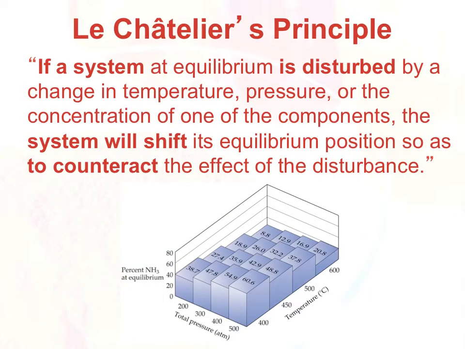So Le Chatelier's principle states that if a system that's at equilibrium is disturbed or altered by a change in temperature, pressure, or concentration of one of the components in the reactants or products, the system is going to shift its equilibrium position so that it counteracts this disturbance and reestablishes the equilibrium ratio. That may include, obviously, changes in concentration and affect the overall quantity of your reactants and products at that equilibrium